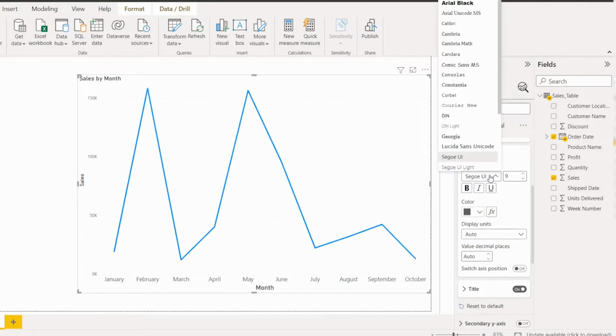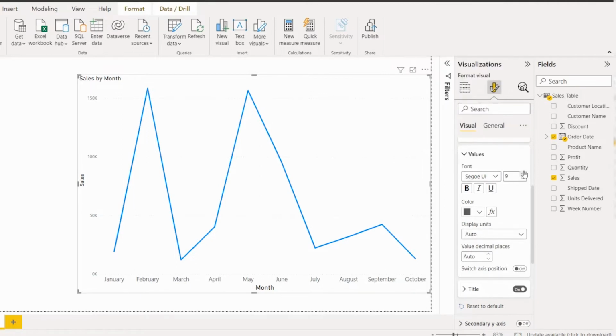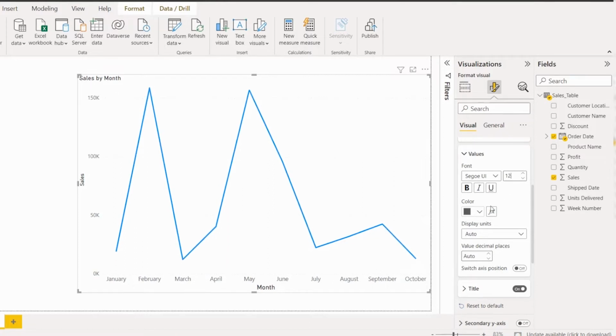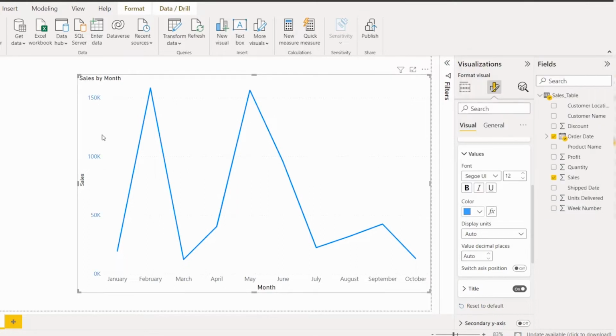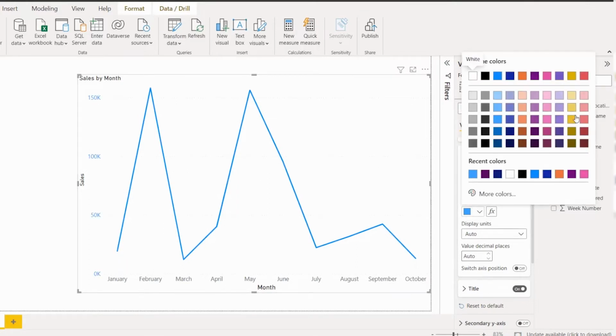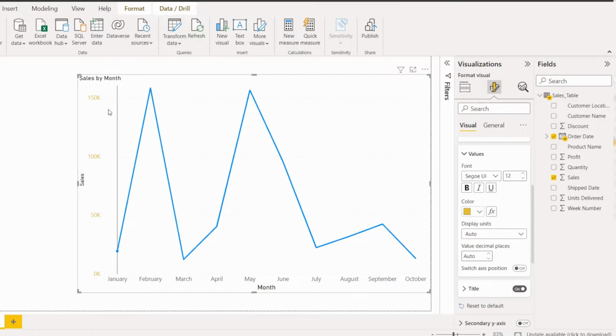We can choose a different font as per our wish. We can also increase the font size. We can change the color of the font. Here you can see the font color has been changed. If I choose any other color, it will be